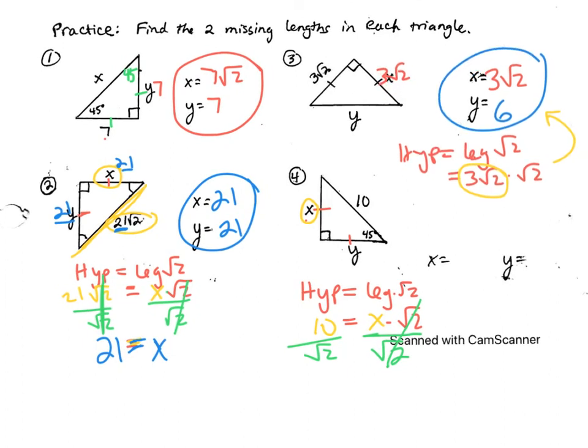Kinda done. What's wrong with that? Yeah, some of you are already seeing it. Thanks for being so observant and remembering what we've talked about earlier this year. We decided that we didn't like radicals. It's not considered simplest form if we have a radical in the denominator. So we're going to take this 10 radical 2 and fix that up a little bit